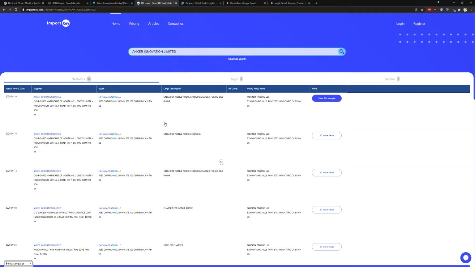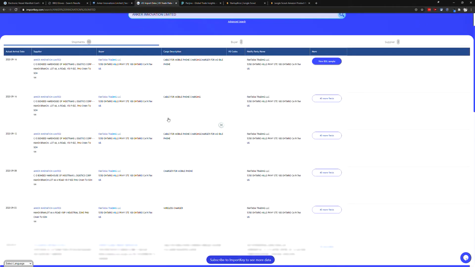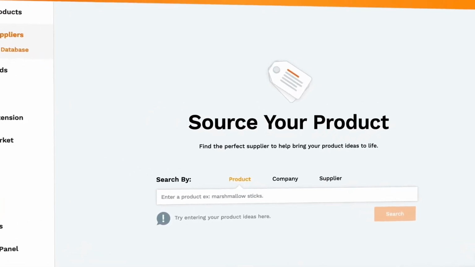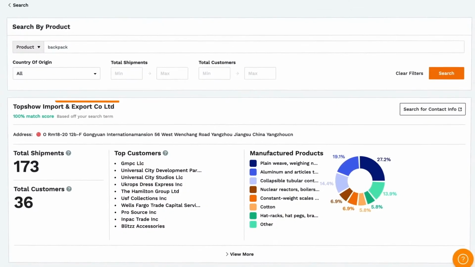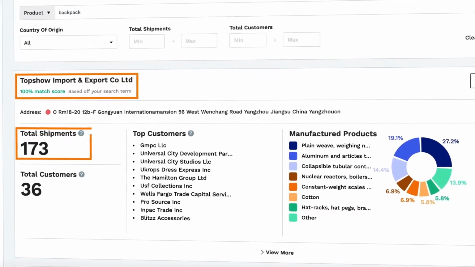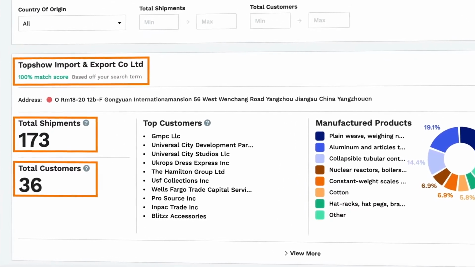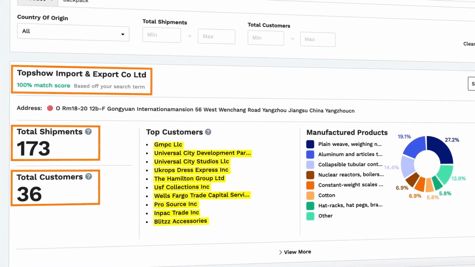So for anyone just getting started, your best option is probably to use the free information that's available from these paid tools, and also take a look at Jungle Scout, who about a year ago released a supplier research tool that gives you access to all of this same information. So you're not going to get some of the fancy dashboards and features that these really expensive paid tools will give you, but you are going to get access to the data that you actually need to make better decisions and get better deals inside of your business.